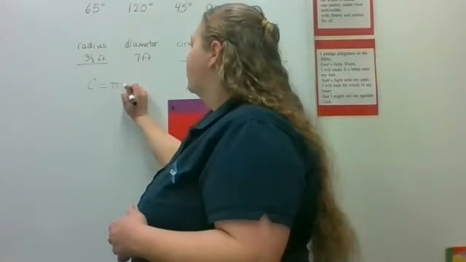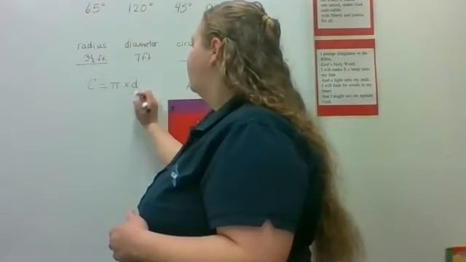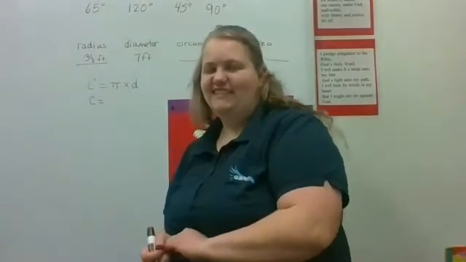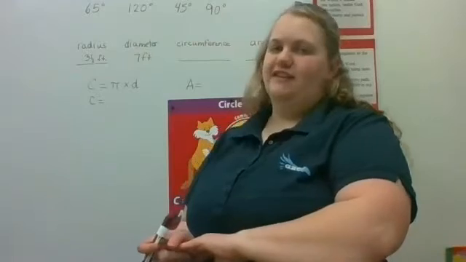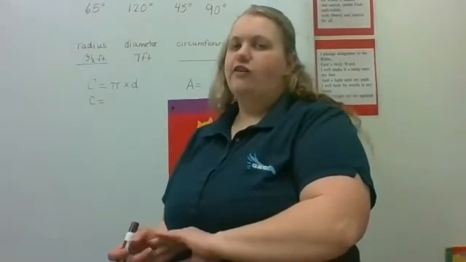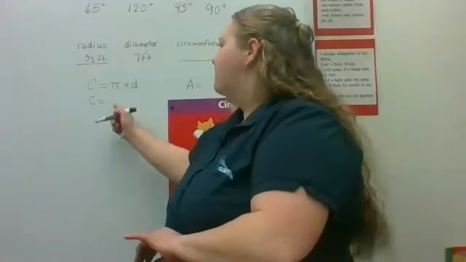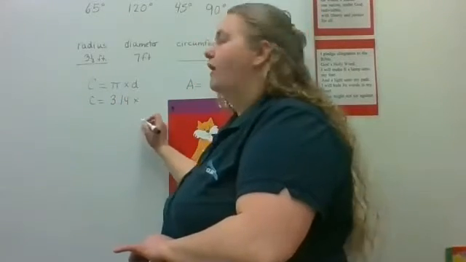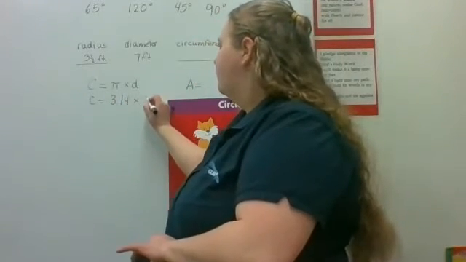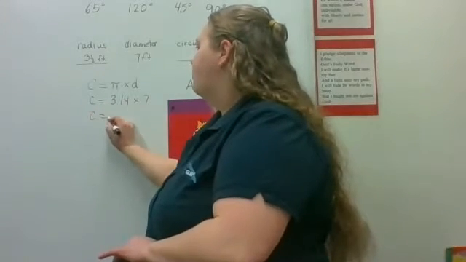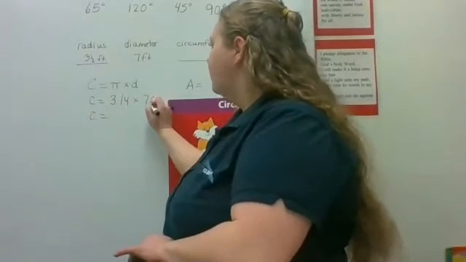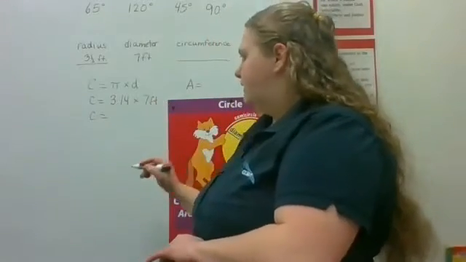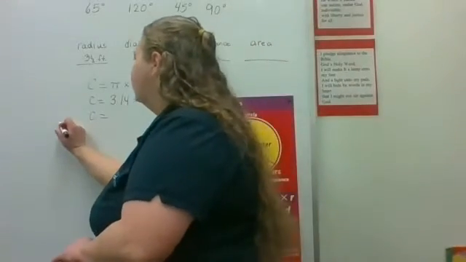Okay, so if we're going to use the diameter, it's pi times d. And does anybody remember what pi equals? And no, it's not the sweet thing that you get to eat for dessert, although that is good. But this pi is 3.14, okay? So if you said that, you are correct. And then our diameter is 7. So we have 3.14 times 7. And don't forget that we're going to need to have the feet on there at the end. So it's best to keep it on your